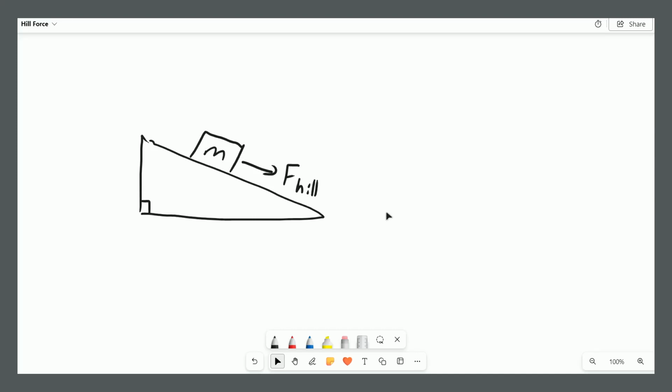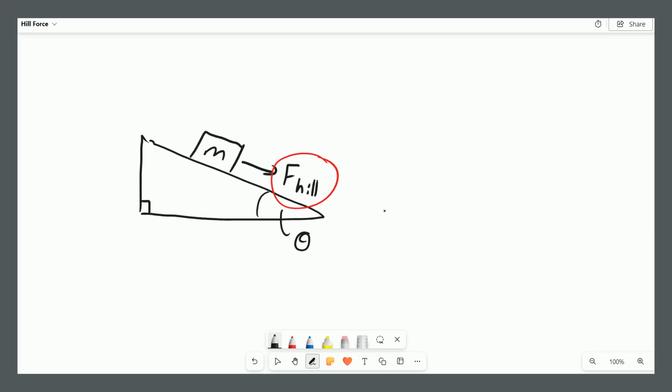How's it going, everyone? In this video, I am going to explain the concept of what's commonly called Hill force. This is the force that causes a mass to slide down a slant. Where does that force come from, what is it equal to, and why is it equal to what it's equal to? So if you have a mass on a slant, and let's say the angle of that slant is theta,